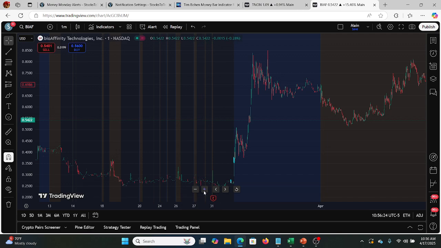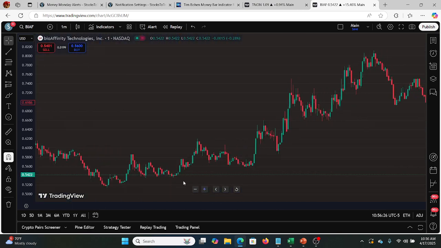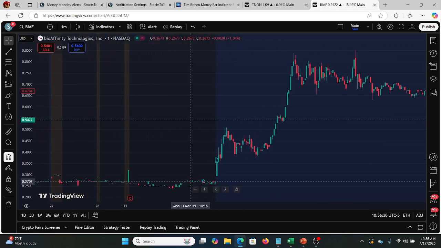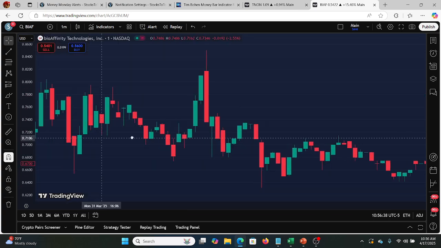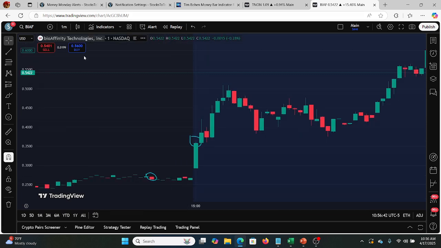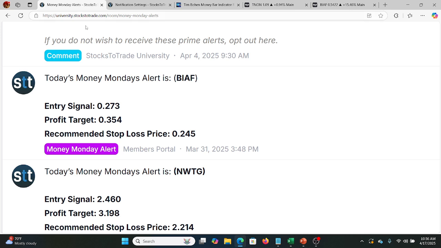So this was pretty cool. You can see not much was happening during the day on Monday, March 31st. But obviously there was float rotation going around, otherwise it wouldn't be picked as the Monday mover or Money Monday alert. And you can see the alert came out around this time with an entry of 0.27,